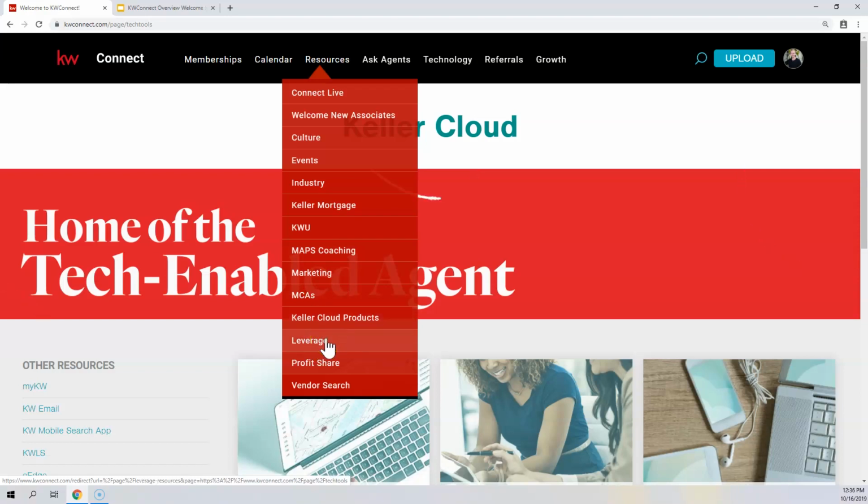Leverage in KW, you want to equate leverage with hiring. And if you want information about how to hire, who to hire, when to hire, what the interview process should look like that KW has prescribed that works very, very well, you could go to this leverage page. There's an entire class about how to hire the best talent for your team. And of course, that first hire is going to be an admin to handle paperwork while you're out doing the